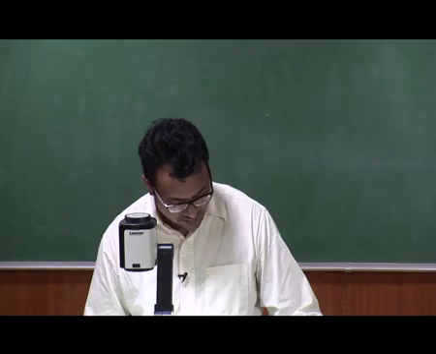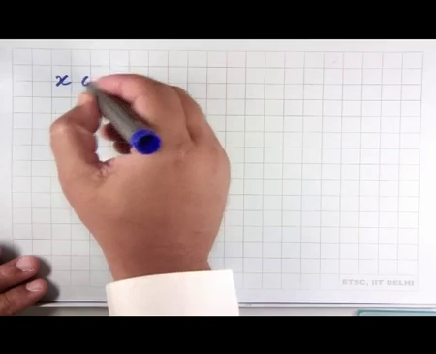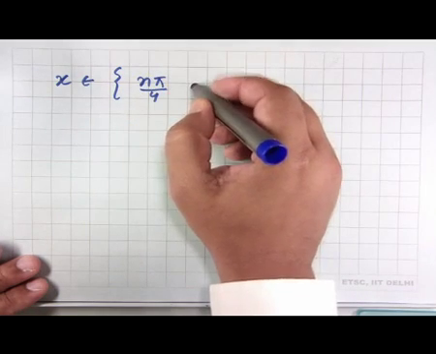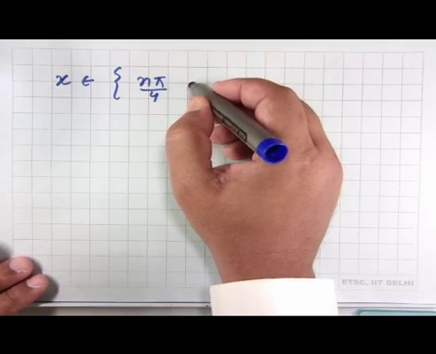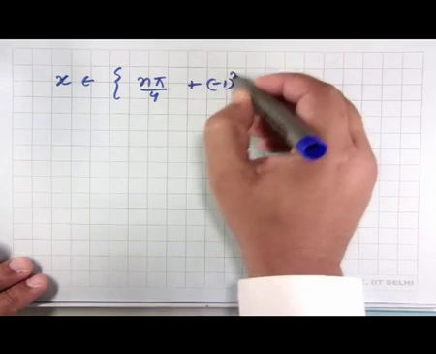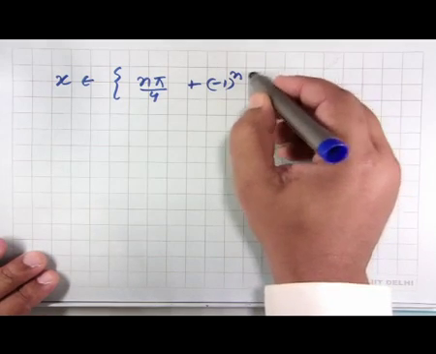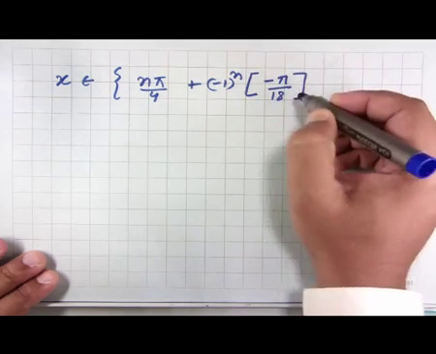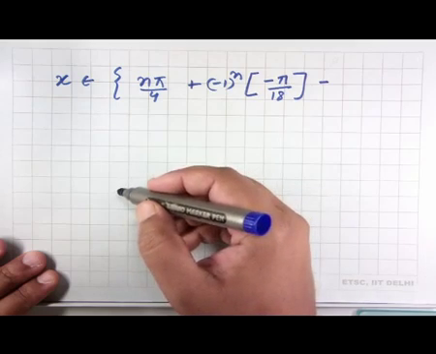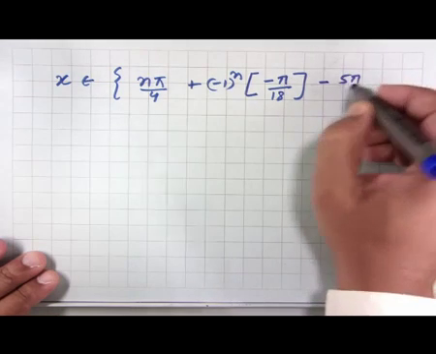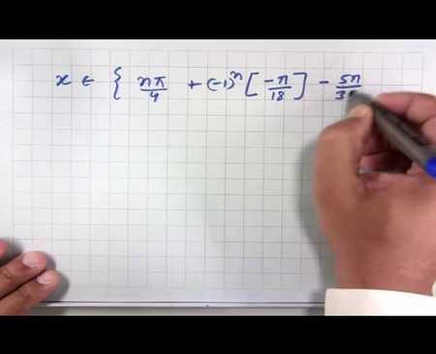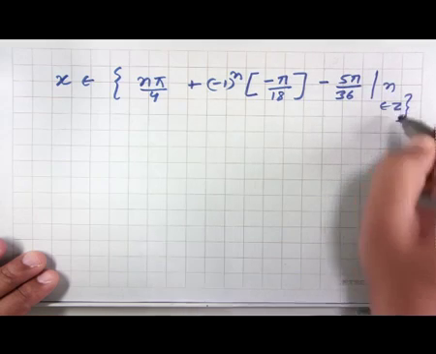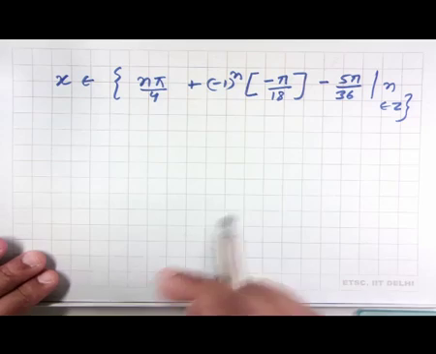So, what we end up getting is that the solution set is of the form x belongs to n pi over 4 plus, we can actually bring the minus outside, but minus 1 to the power of n into minus pi over 18 minus 5 pi over 36 for all n belonging to set of integers. So, this is the general solution to this problem,